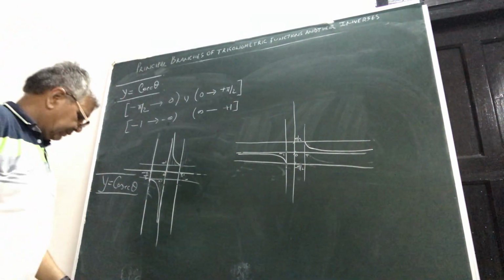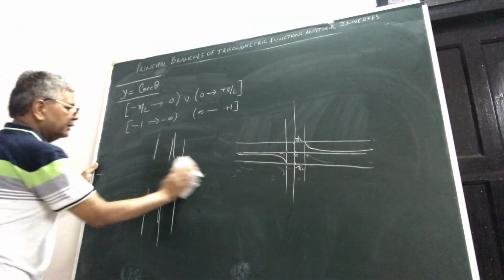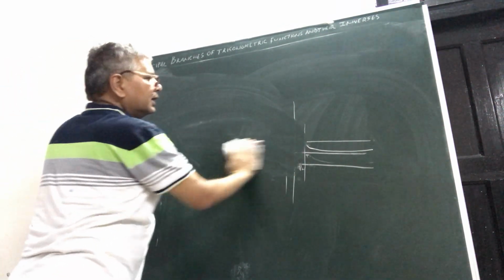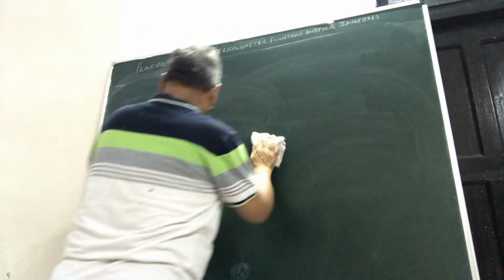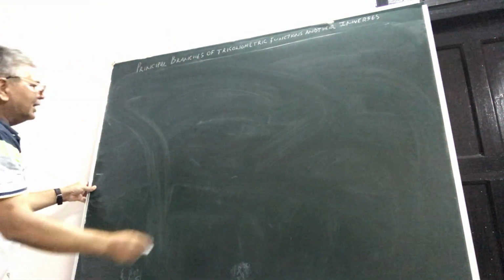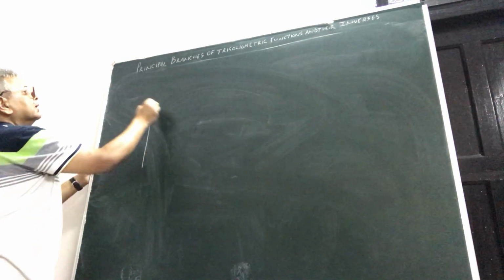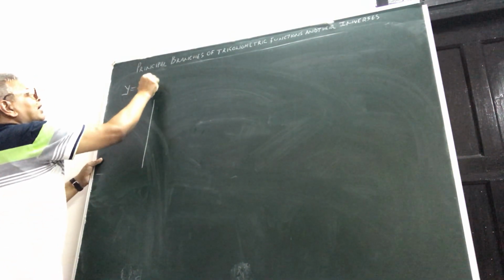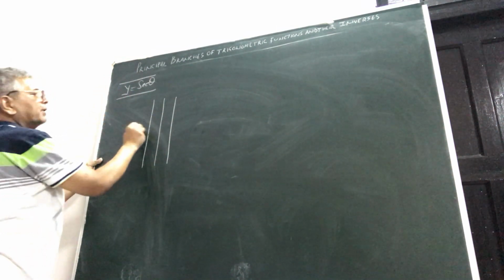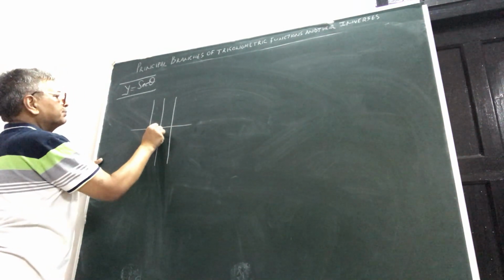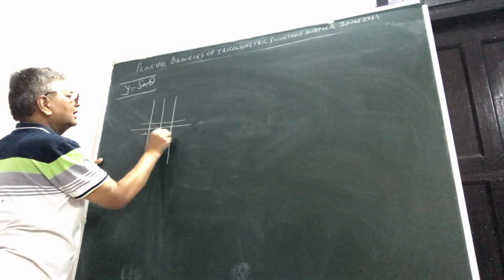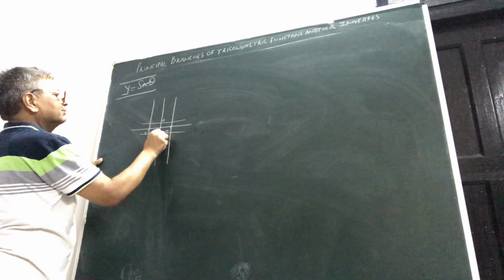Likewise for sec theta, we can draw it. Okay, sec theta, you do it on your own. I will take a few properties so that we can proceed a bit further. But I will quickly tell you how to get it. For y is equal to sec theta, the way out is like this. You draw, the principal branch of sec theta is 0 to pi. So you write 0, this is pi by 2, this is pi, then draw a line here plus 1, draw a line here minus 1, plus 1, this is minus 1.